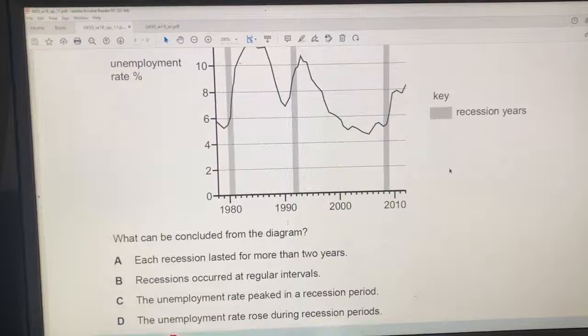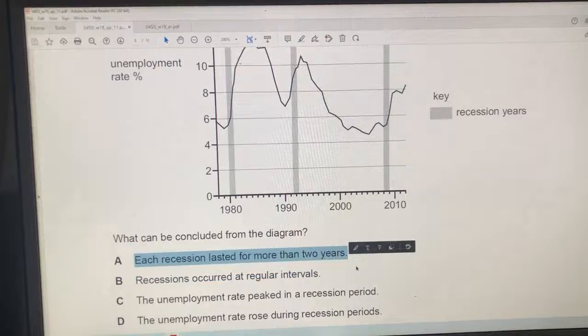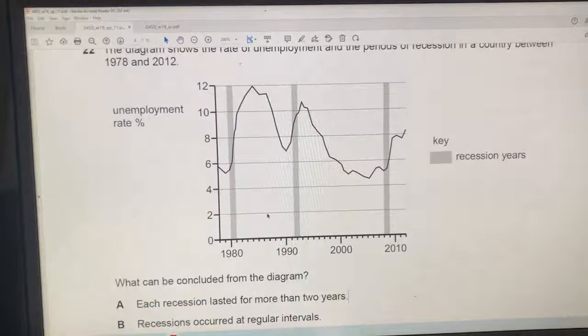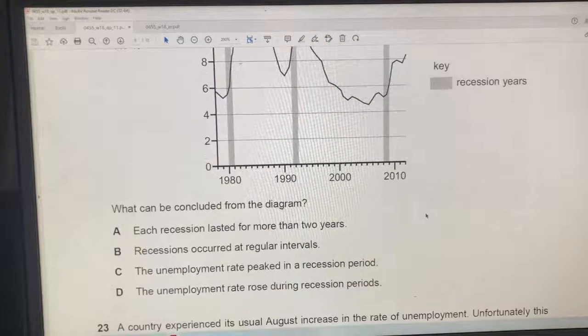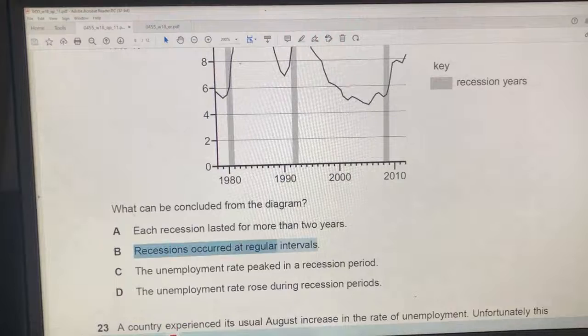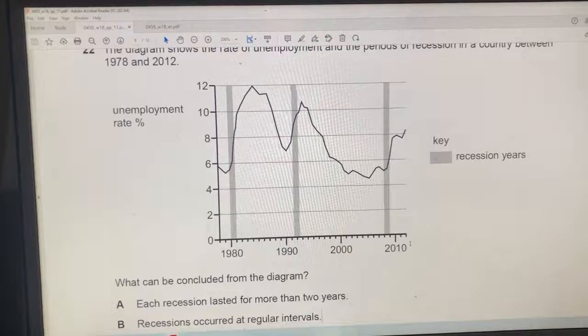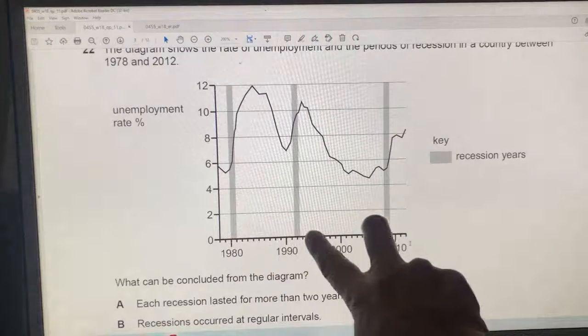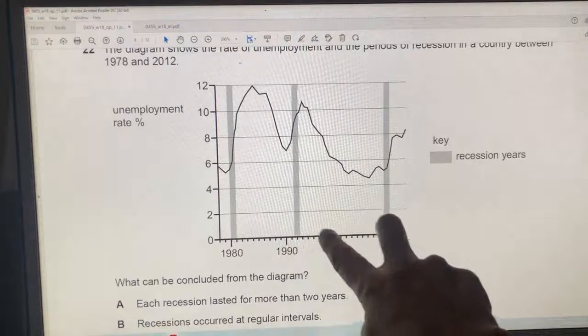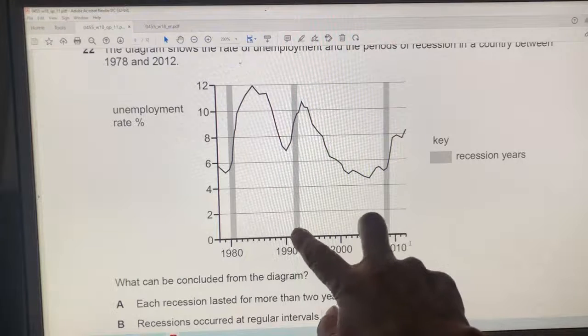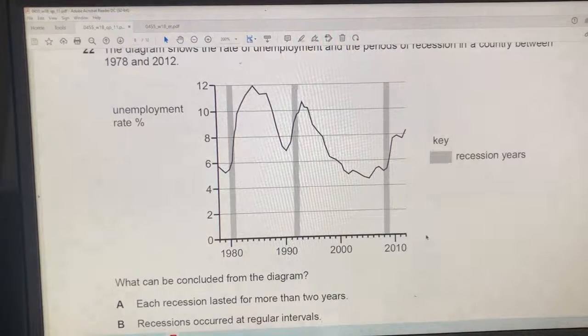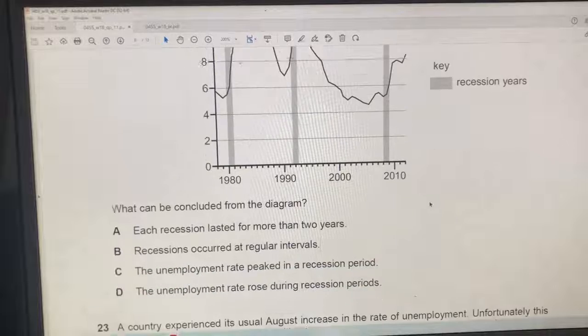So let's test each one. Each recession lasted for more than 2 years. No, well, this recession lasted for 1 year. So A is not true. Recessions occurred at regular intervals. No, that's not a regular interval. There's a little more time in between the second and third recession than the first and second. So